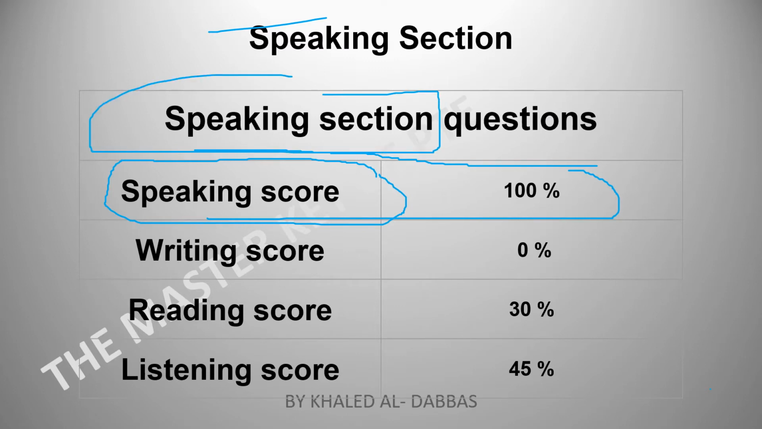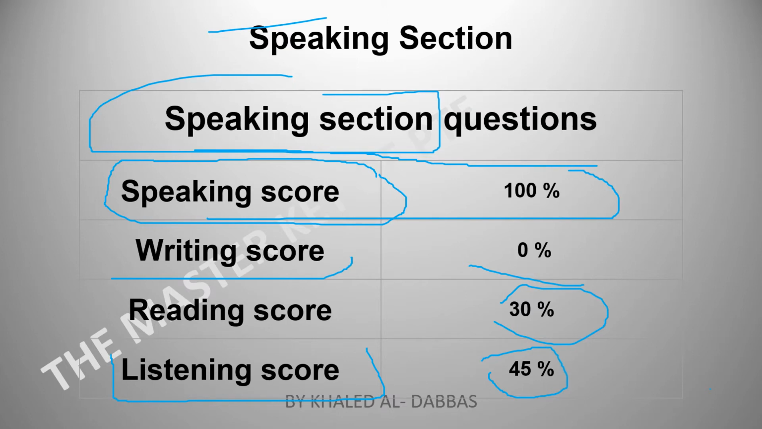We can note that the speaking section questions do not affect the writing score. So there is no effect of the speaking section questions on the writing score. However, 30% of the reading score comes from the speaking section questions, and around 45% of the listening score also comes